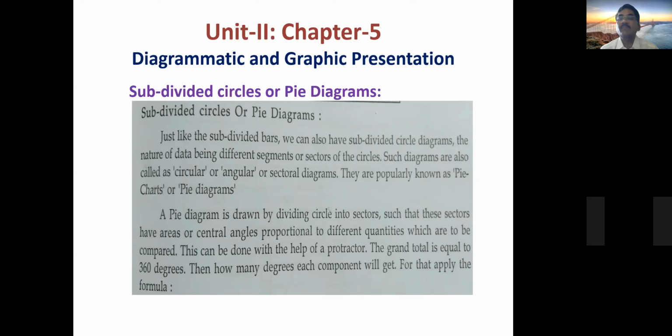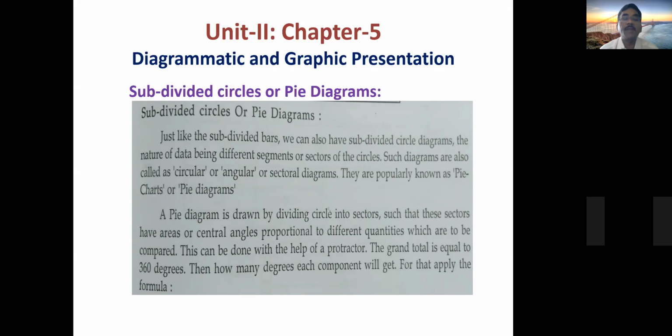Say, for example, there are 4 characteristics in the given data. What are those 4 characteristics? Say, caste wise, education wise, age wise, literacy wise. If it is there, you can take it accordingly and segregate it accordingly. That is why it is called, in one pie chart, different sections can be provided on the basis of the given data's characteristics. That is one thing.